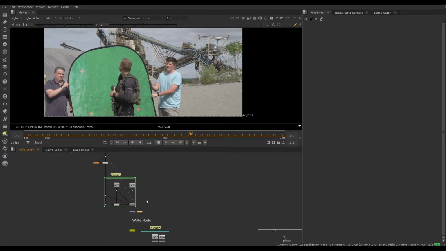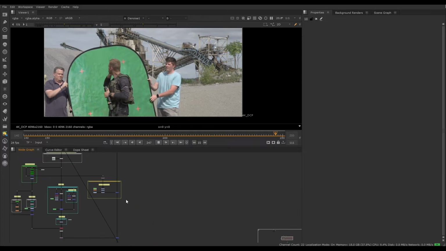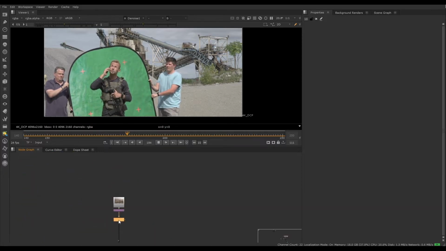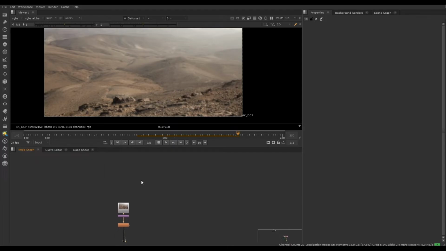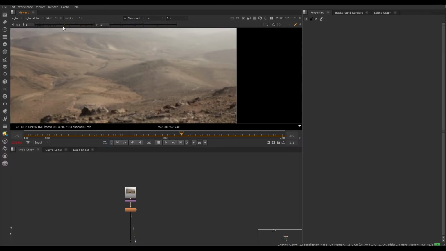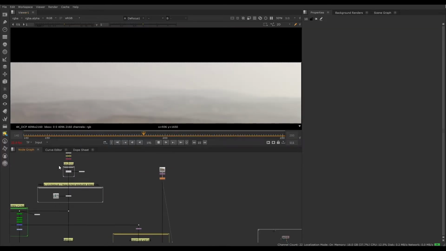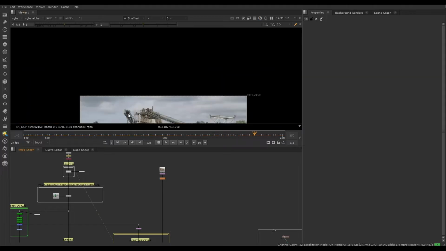When regraining at the end, we always try to keep as much of the original grain as possible. Most of the time we match all the elements of our comp to a grain in our background footage, but this can vary from shot to shot and what we are doing in it. In this case, our background is just a nice stock image and doesn't have any grain. So we're going to match our grain to a foreground footage.